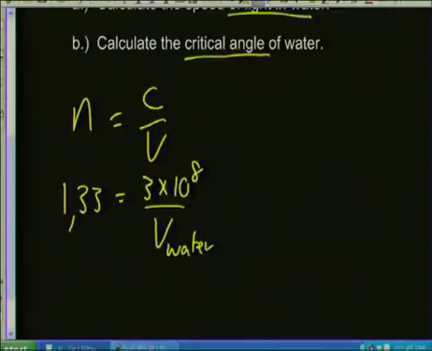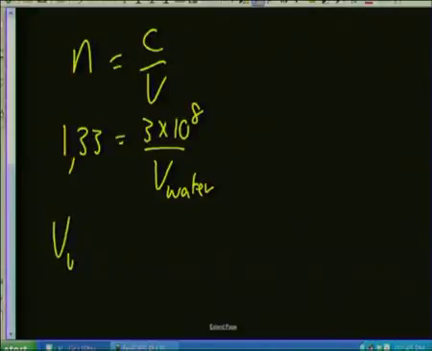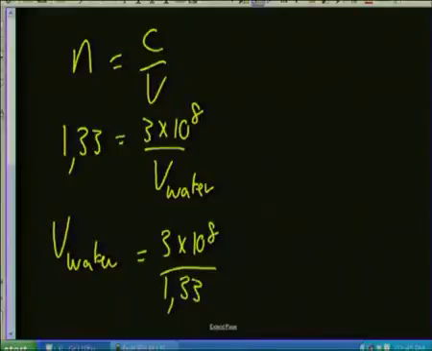So we want to find v in water. We're going to change the subject of the formula after we've substituted, and we are then going to see that it's 3 times 10 to the 8 divided by 1,33, and using your calculator, you'll get that the speed of light in water